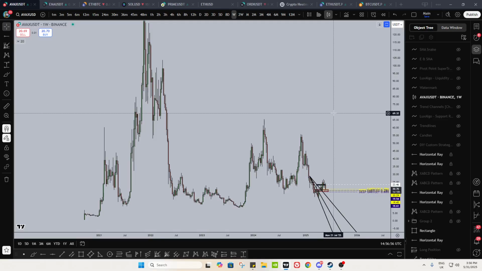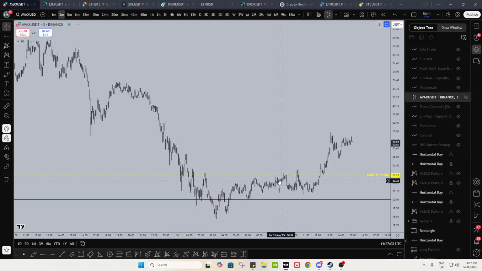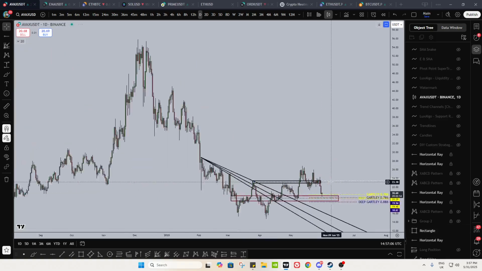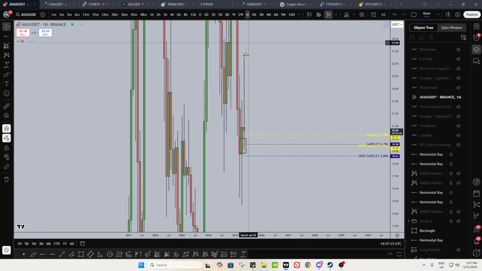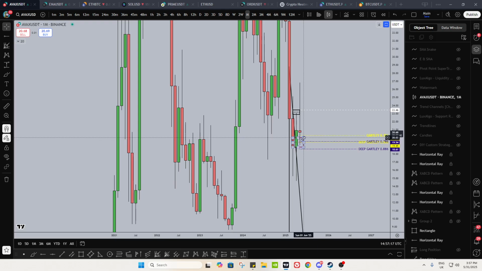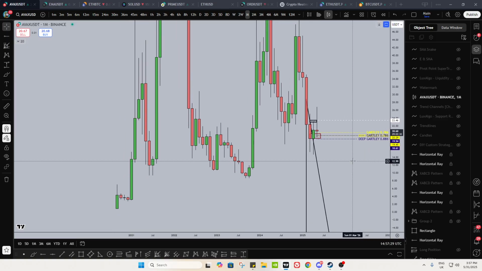I'll look for some really nice scalp to swing opportunities should we go to those deeper levels, but I don't see the point now in scalping, for just time and energy, at levels where it's not the most optimum in terms of the downtrend, right? For the most optimum, I'd want these deeper prices here. So if we start getting monthly closes, after the monthly close, what I'd want is the monthly demand zone, that is the buy zone that is created, maybe a pullback to the mid. If those are held, then I'll start jumping into scalp to swing mindset longs again. But until then, I'm just going to build my spot back out, and that is literally it.